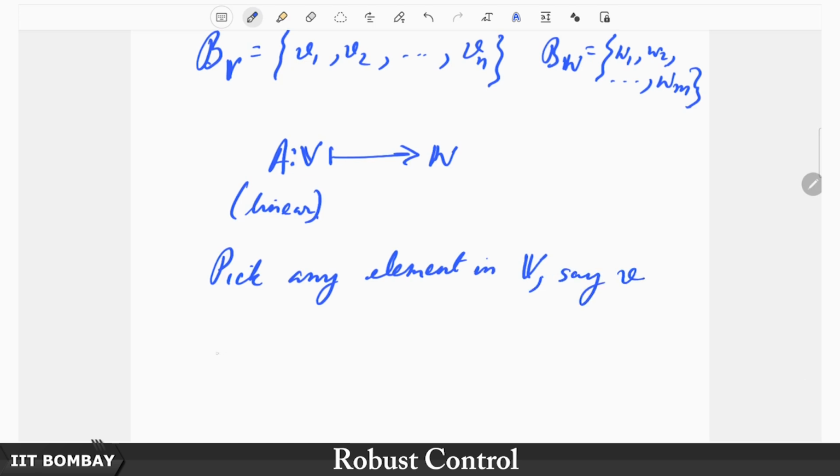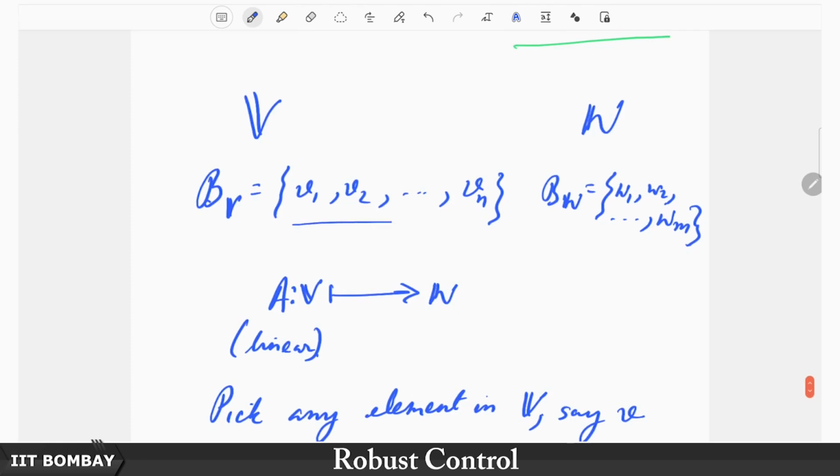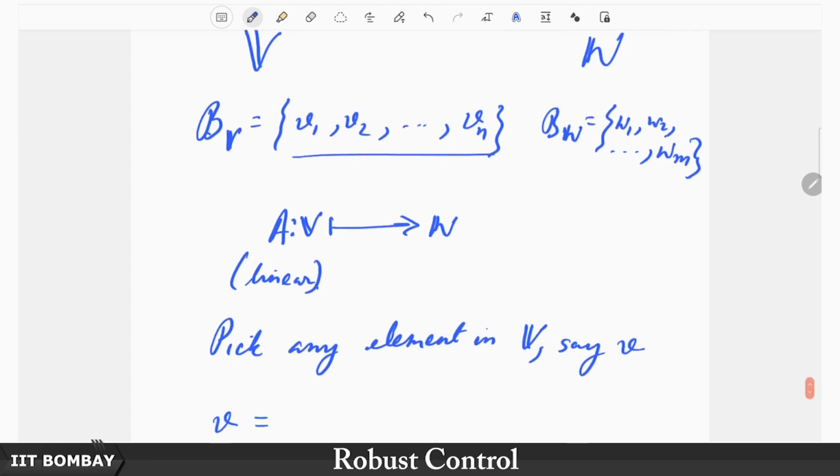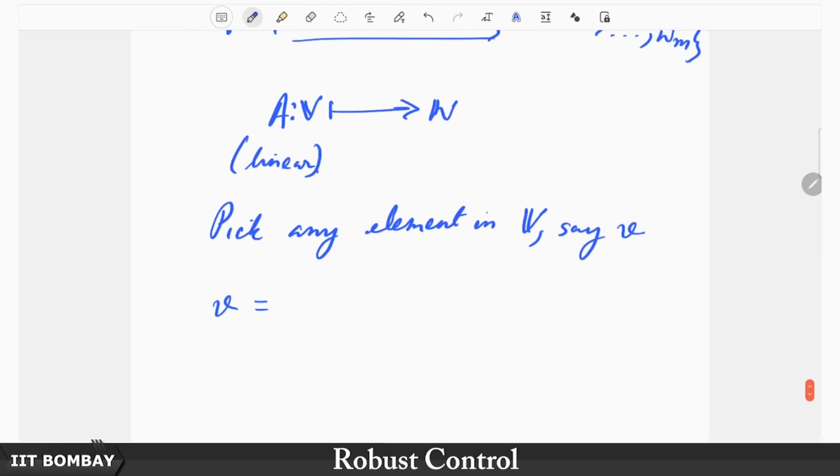Okay. So, then we can write v as a linear combination of elements in the basis set BV, right. So, let us just write this as alpha 1 V1 plus alpha 2 V2, and very important,